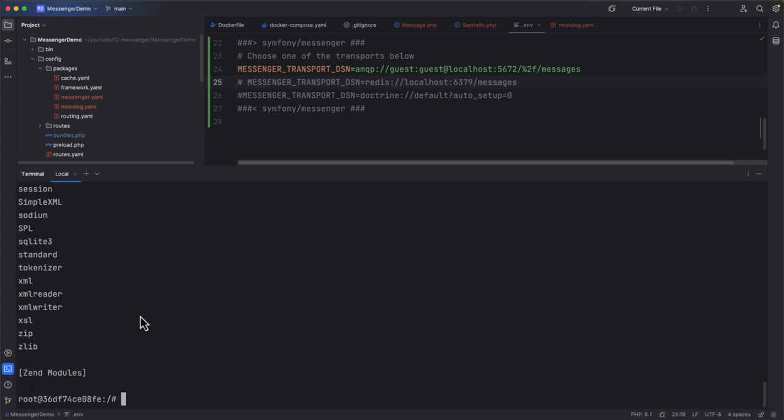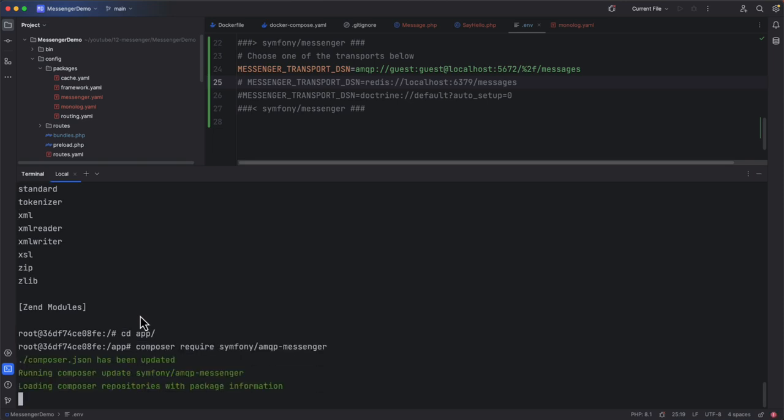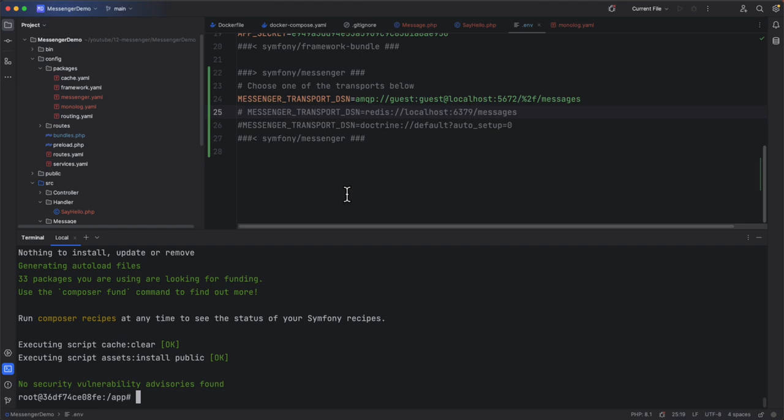Which is good, which means that if we go within our app and do the same command, which is composer require Symfony AMQP messenger, this command should be working fine. The next step would be to configure our messenger transport,